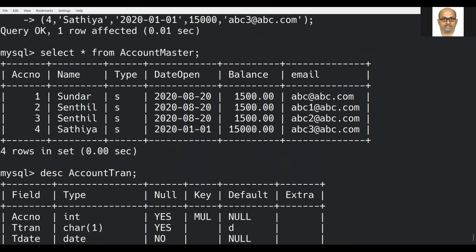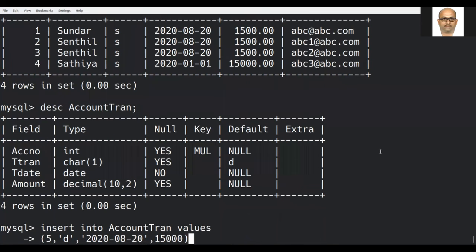Whereas I am taking the money and trying to put it in Indian Bank, where I do not hold an account at all. Like that, we are trying to do it. I am trying to carry out a transaction in a bank where I do not hold an account itself. This is what referential integrity is. You are trying to refer to some other table.